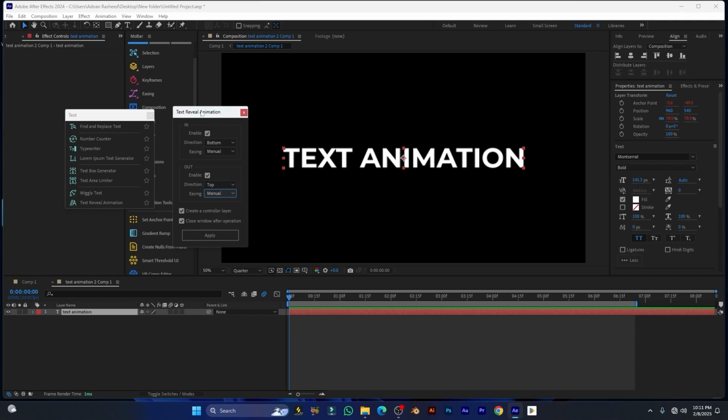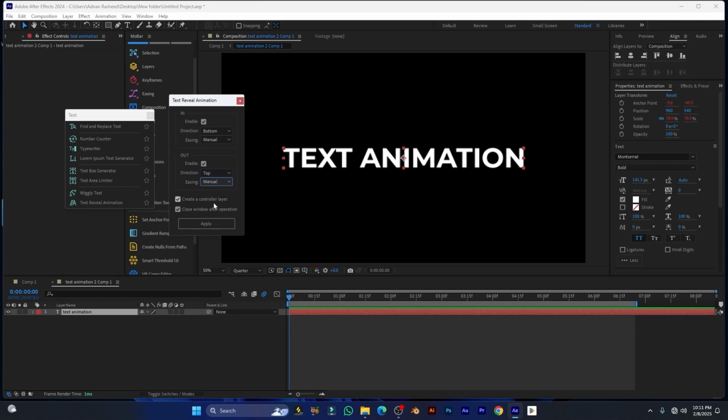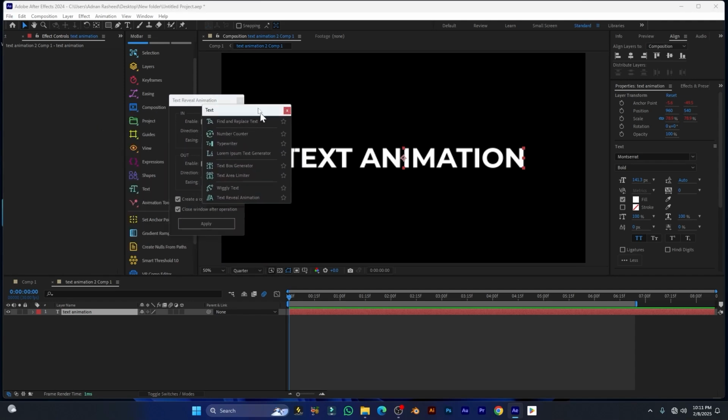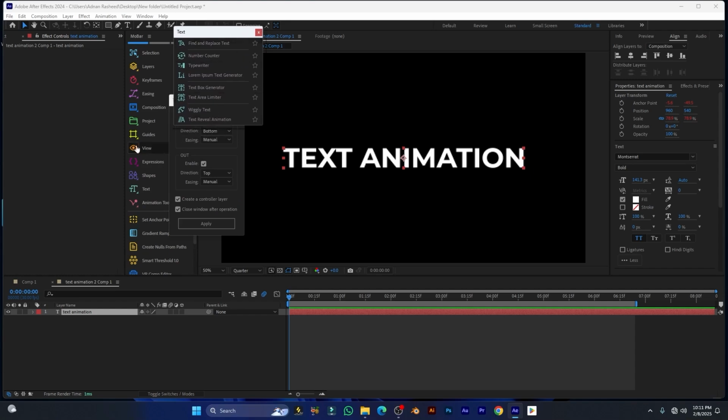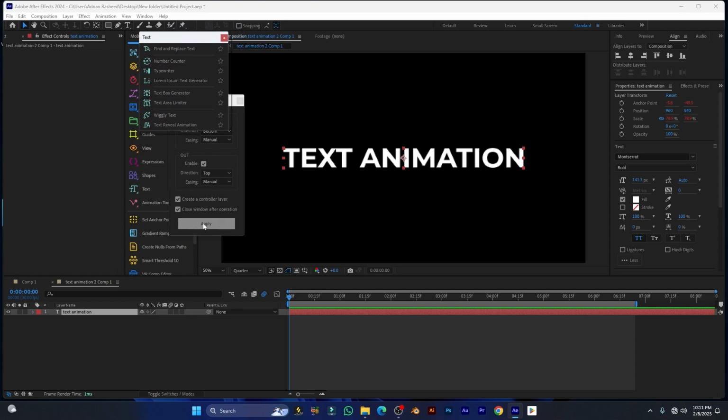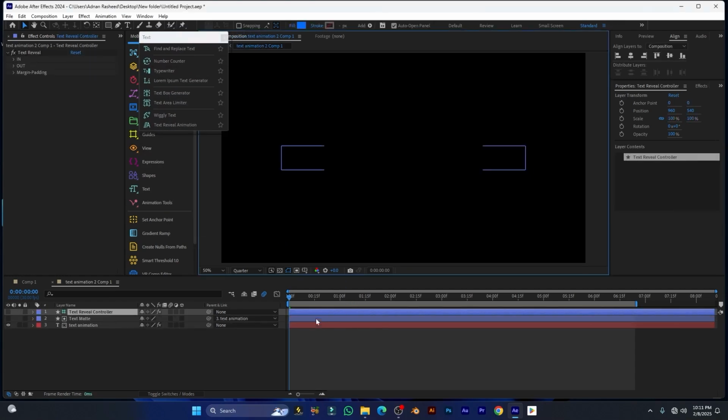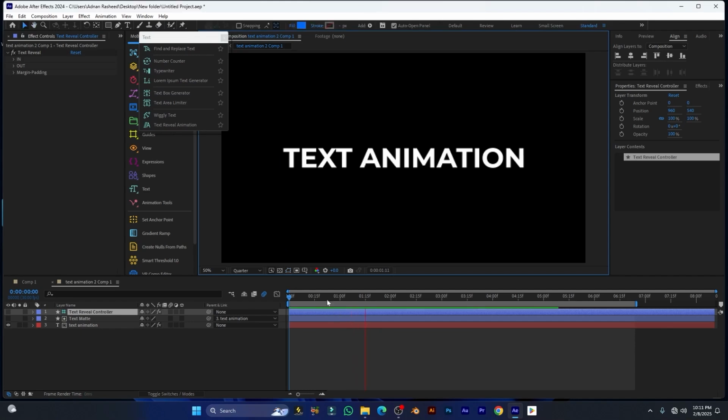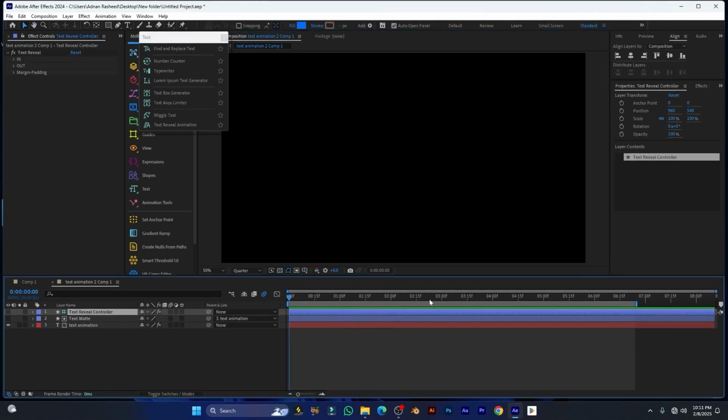Okay, I will set it manual. And here is the create a controller. You can create a controller, so you can later customize this animation according to your need. And this is close a window after completing this command. Just click apply. Okay, so now let's play, and now we have text reveal animation from bottom to